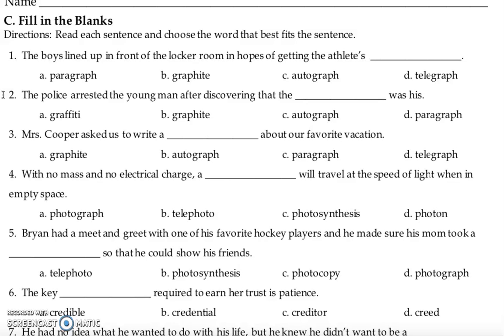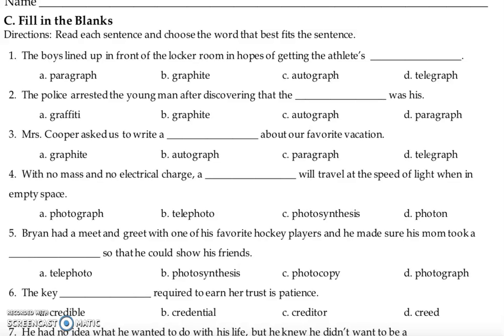Photograph, telephoto, photosynthesis, photon. Brian had a meet and greet with one of his favorite hockey players, and he made sure his mom took a blank so that he could show his friends. Telephoto, photosynthesis, photocopy, photograph. 6. The key blank required to earn her trust is patience. A, credible, B, credential,